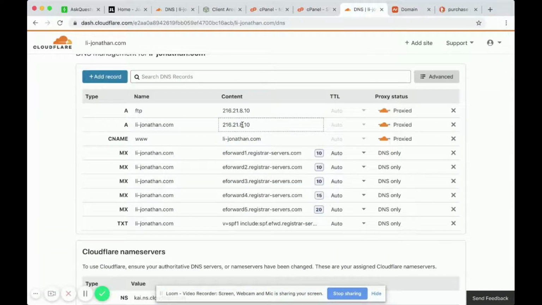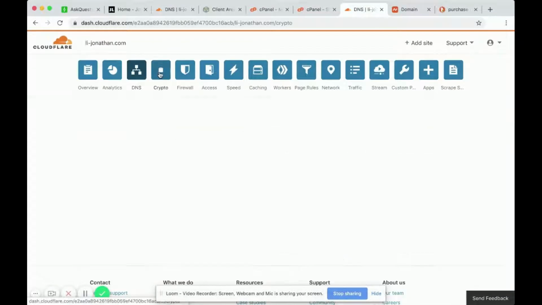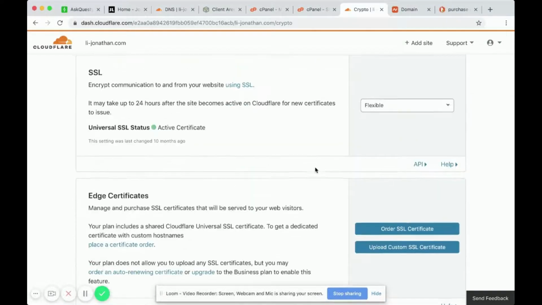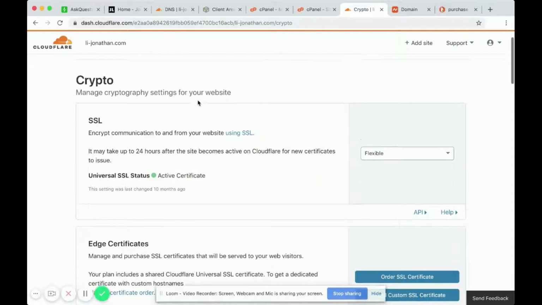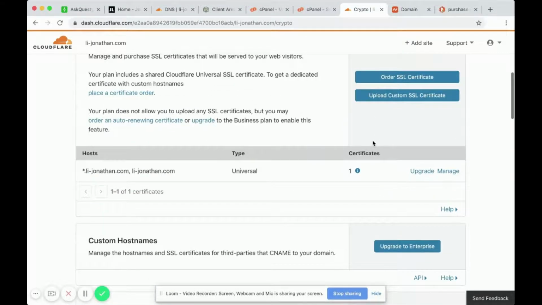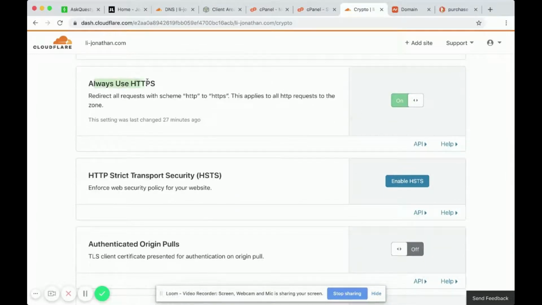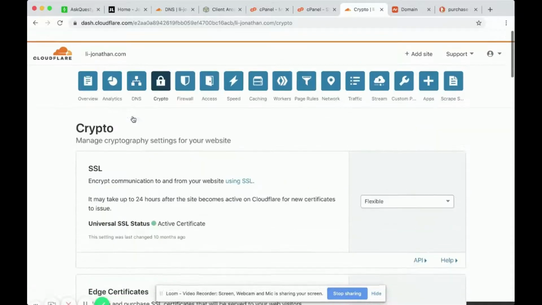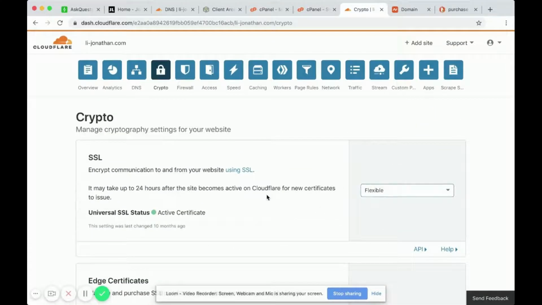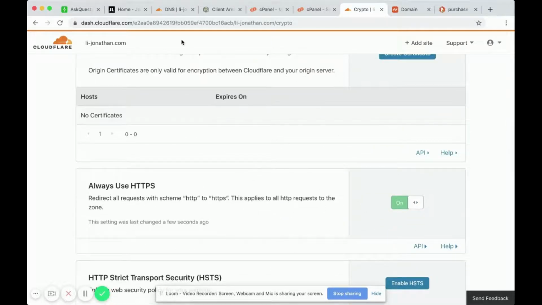With Cloudflare in action, the only thing left to do is to head on over to Crypto. Inside of Crypto, Cloudflare is free, by the way. Head over to Crypto, and over here, leave the SSL as flexible. Then scroll down and turn the always use HTTPS from off to on. After the flexible SSL is set, as well as the always use HTTPS is on, the next thing to do is to